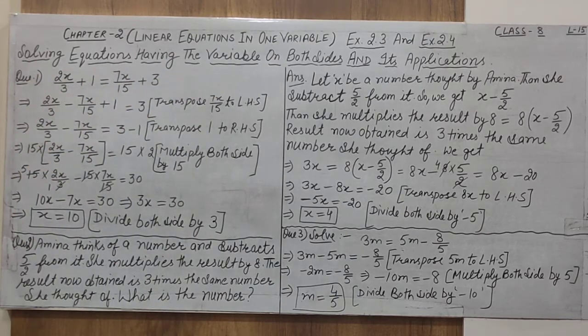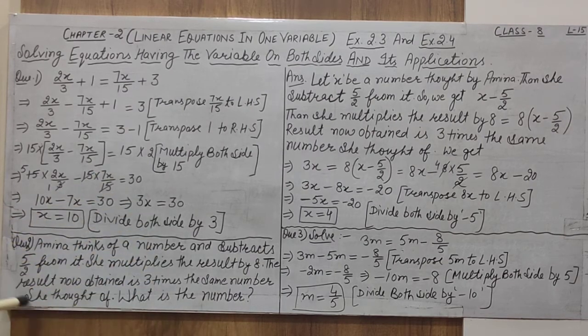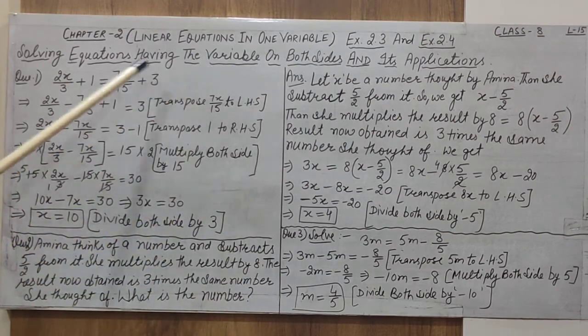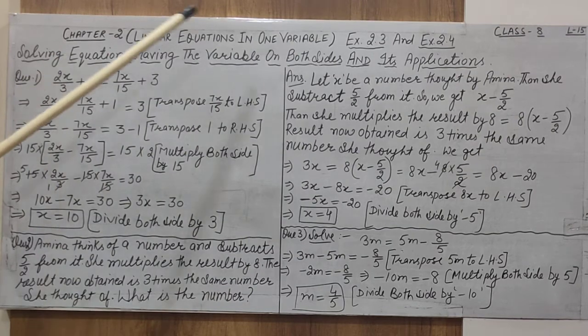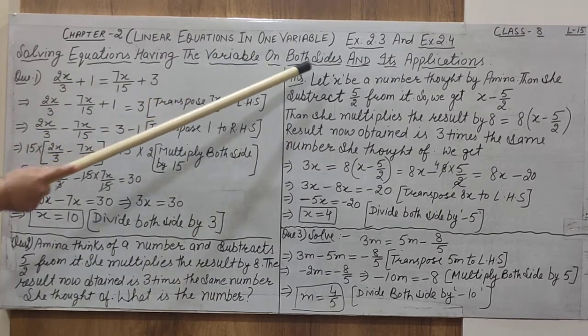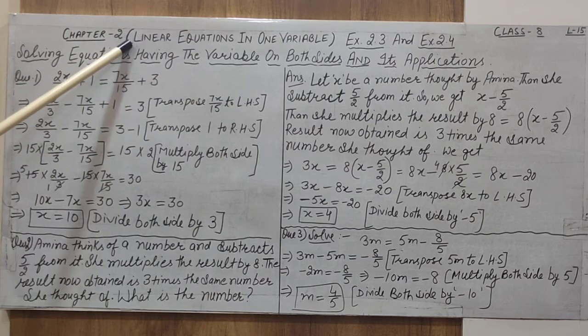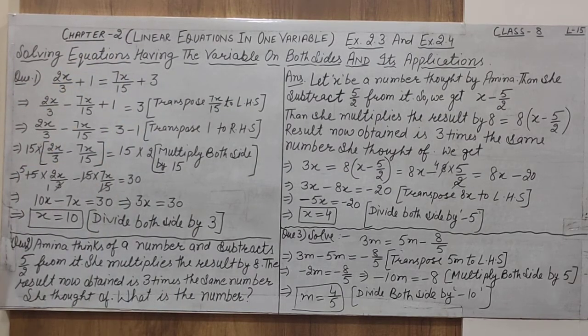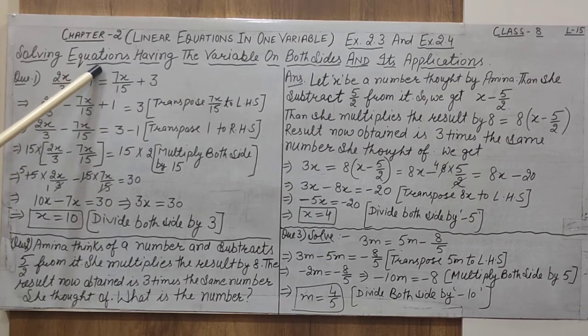We can use the conditions of a few situations, a few conditions of a related question, and using the equations of variable on both sides. This is the second type of linear equations in one variable. Let us do a few simple questions related to this type, as we have done yesterday also.